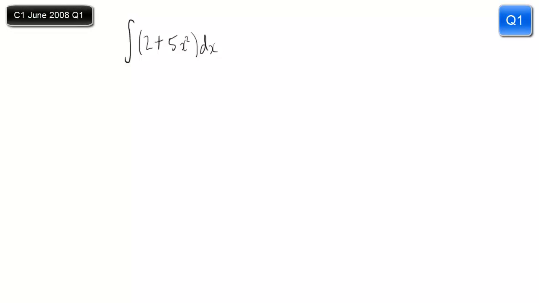Okay, so we're going to perform this fairly simple integration. Integral of 2 plus 5x squared with respect to x. Looking at that, 2 is a constant, and an integrated constant always becomes the constant times x. So that's simply 2x. 5x squared, we apply the normal rule for integration, which is that you increase the power